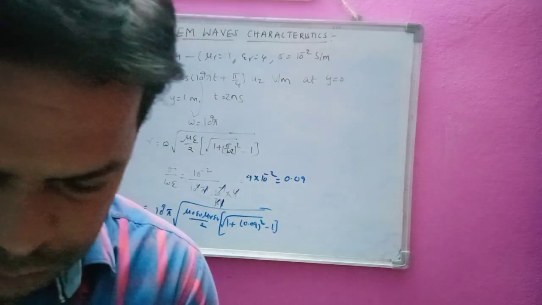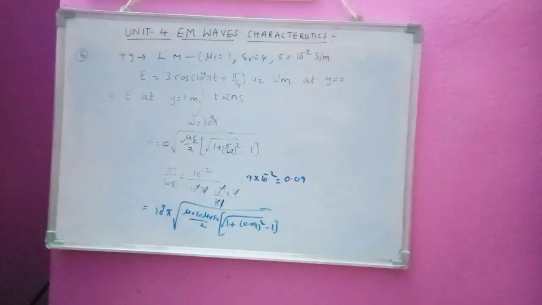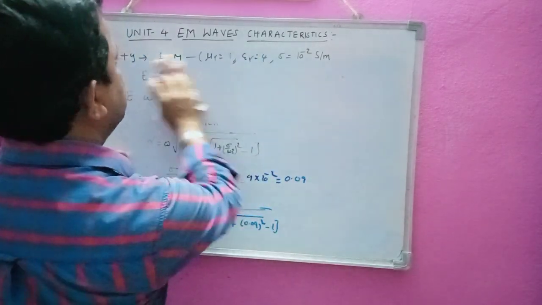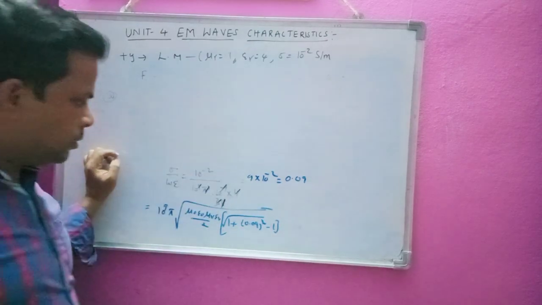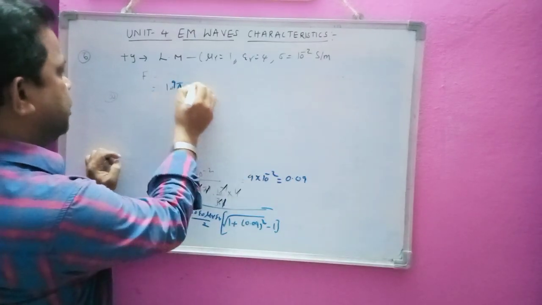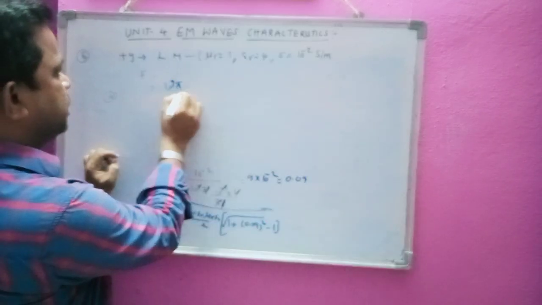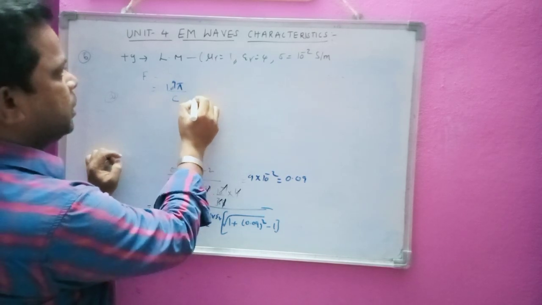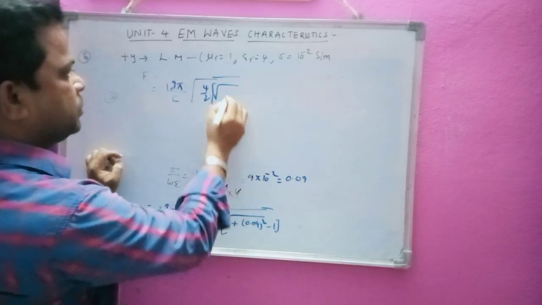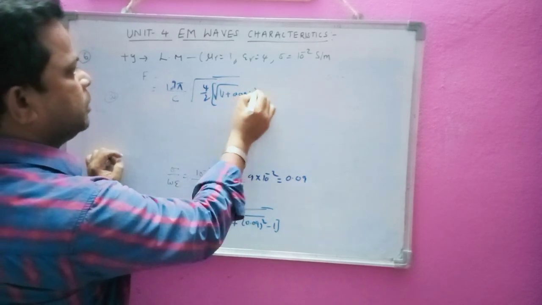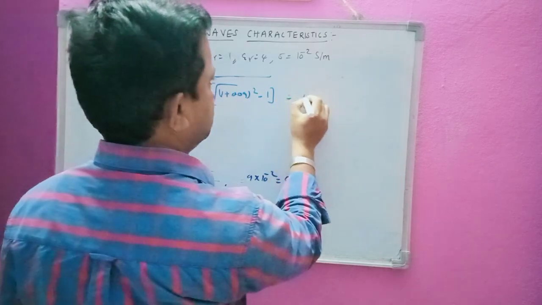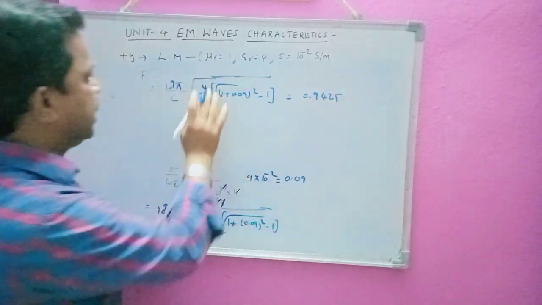Okay, we will take this one. So I will erase these values. Now this value turns out to be 10 power of 9 pi t, 10 power of 9 minus 9. So this value turns out to be c here, 1 by c, and mu r epsilon r is equal to square root of 4 by 2 into square root of 1 plus this value, which turns out to be 0.09, whole square minus 1. So after calculating this value, we will get here 0.9425, okay.